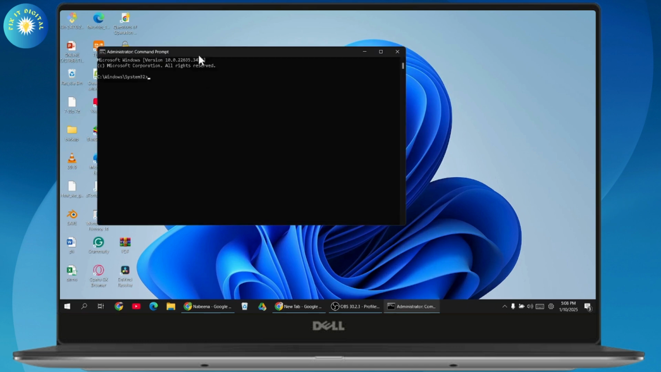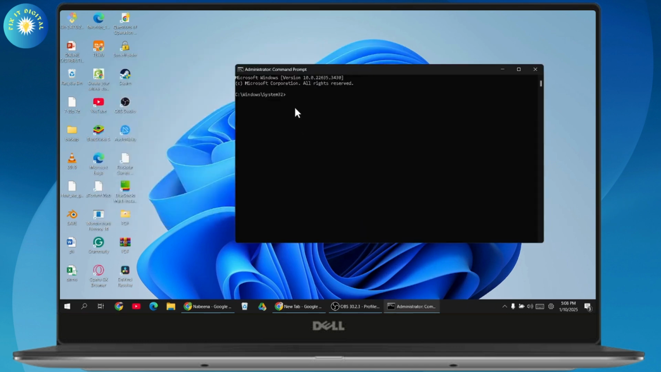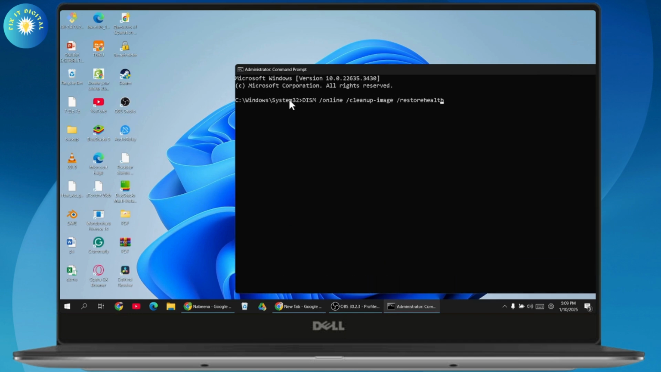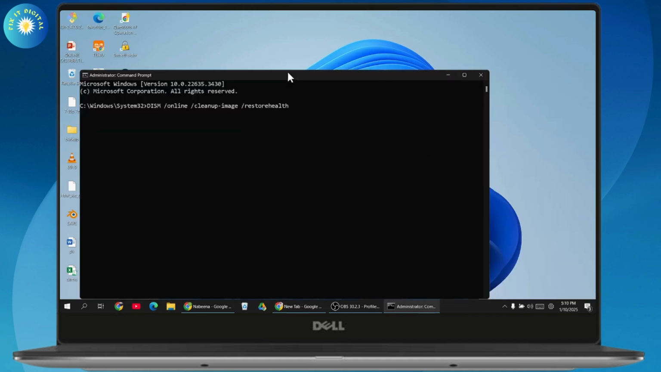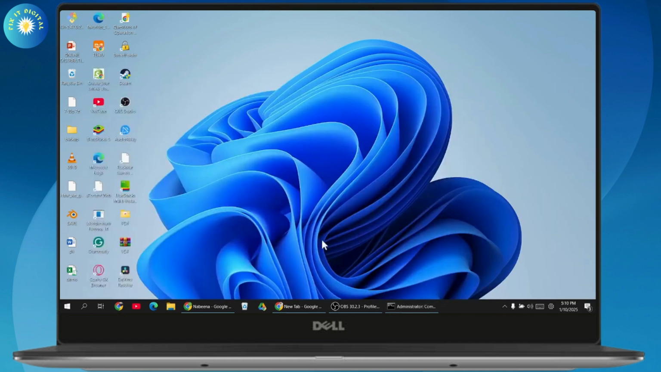Click on yes, and again open up your CMD and go with the next command, which is DISM /online /cleanup-image /restorehealth, and then hit enter. This might take a few minutes. While it loads to 100%, you just need to go with the next steps, which is right click on your Windows